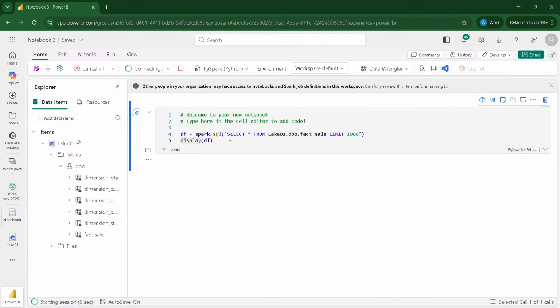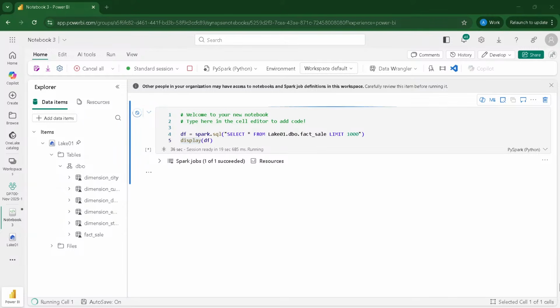the display(df) function. I have a blog on Medium. I'll share the article here, where you can find the common PySpark commands which you should know for Fabric. You will find blogs for both PySpark and KQL. So please do refer to this.